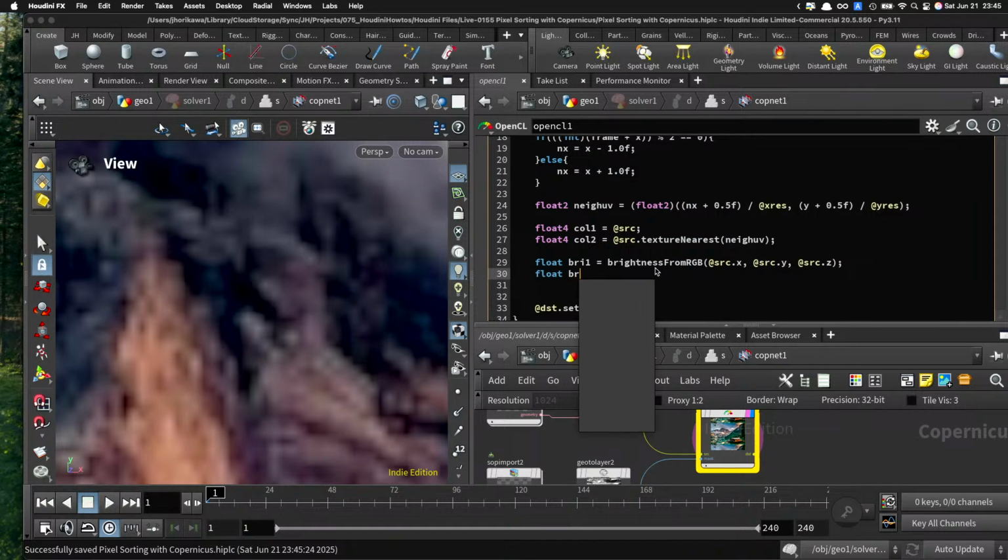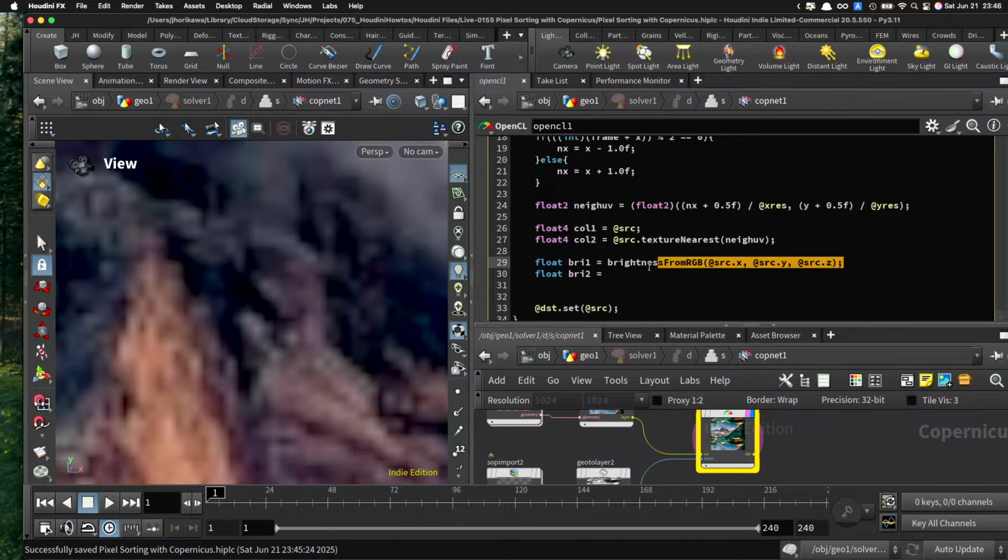Brightness 2. I'm just going to copy these, and instead maybe I can just say col 1. Either way is fine, but it's easier to see with the next one. Col 2, and col 2. Okay, now hopefully I am getting the